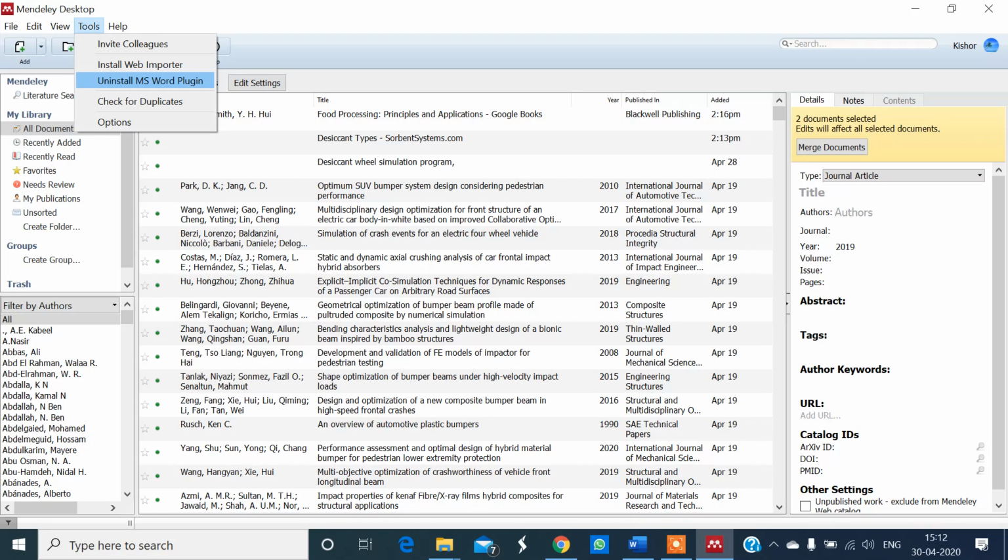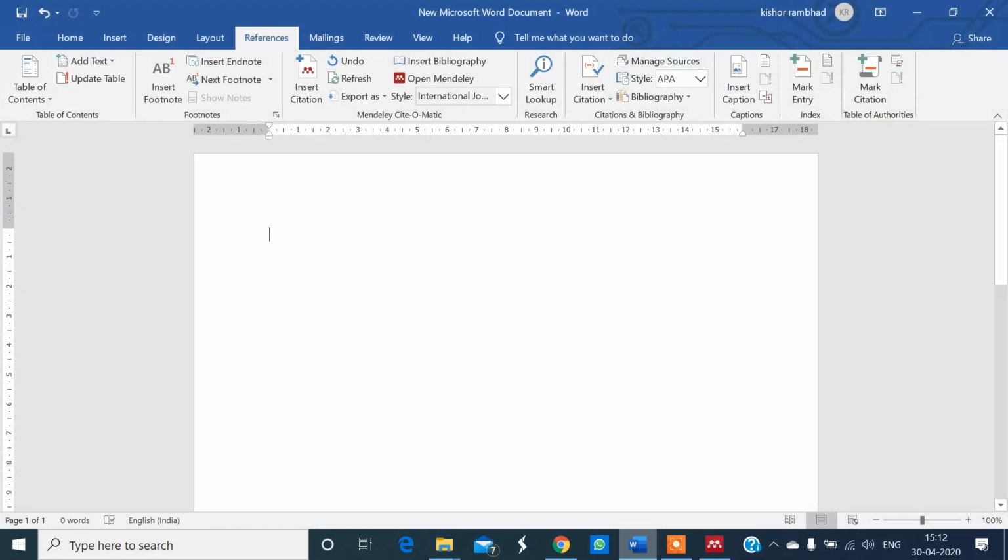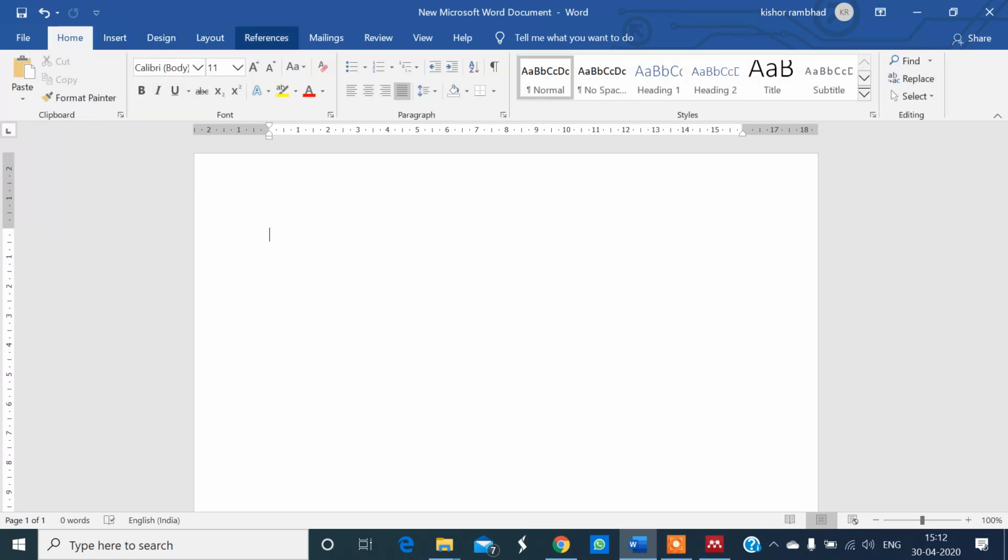In tools, there is one option, install MS Word plugin. Since I have already installed it, it shows uninstall. If you are using it for the first time, there will be install MS Word plugin. Click on this and install MS Word plugin. When you install the Word plugin and open Word, go to the References tab.